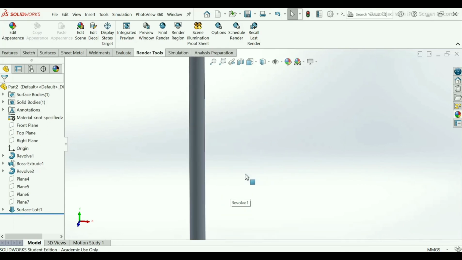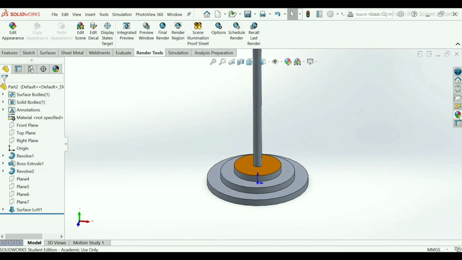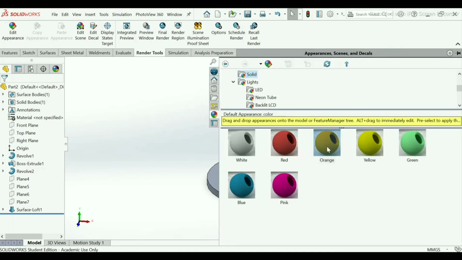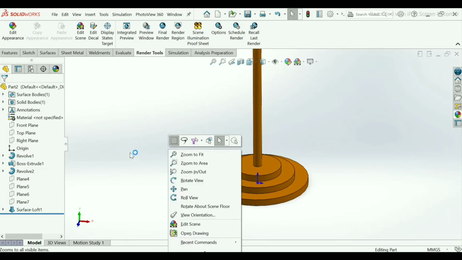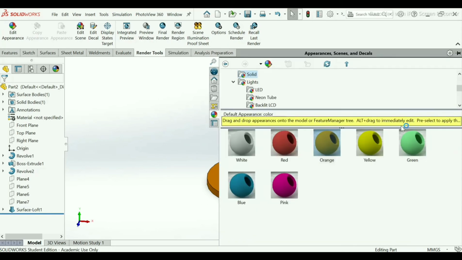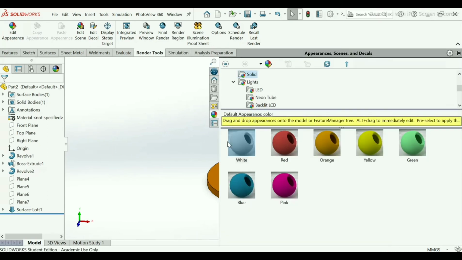I will select the surface first only so that it will be done properly. Again choose orange, or choose white color so that it will look proper.